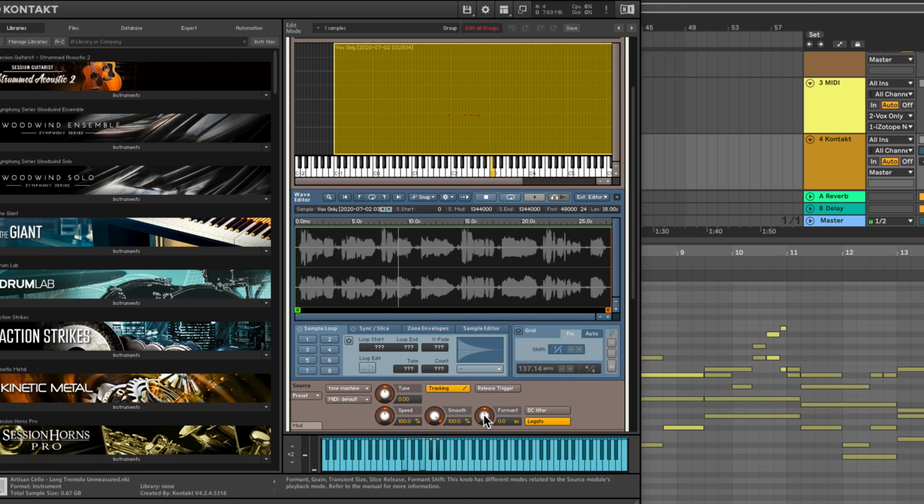Tall time. This also has a formant control. Hey ma,